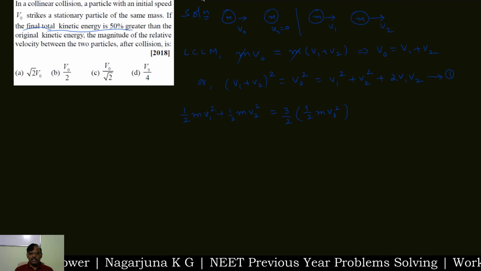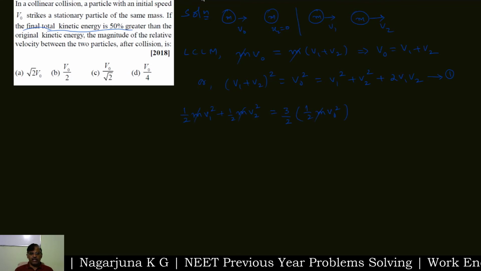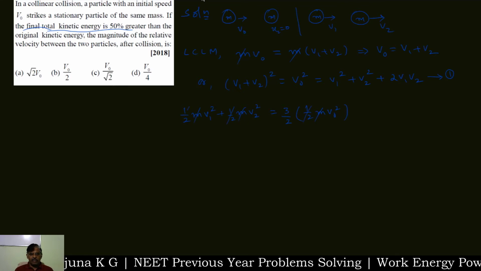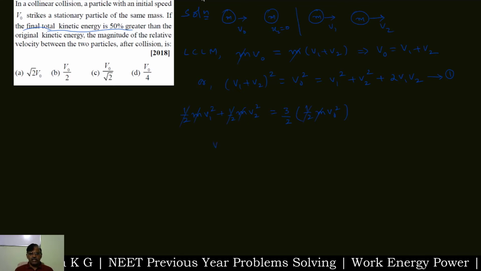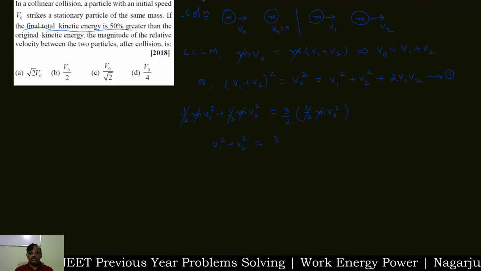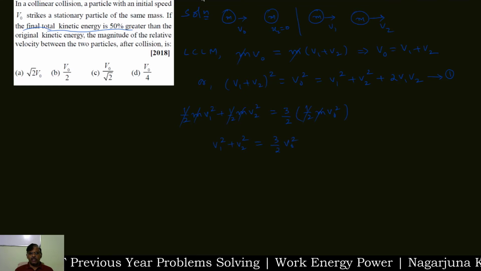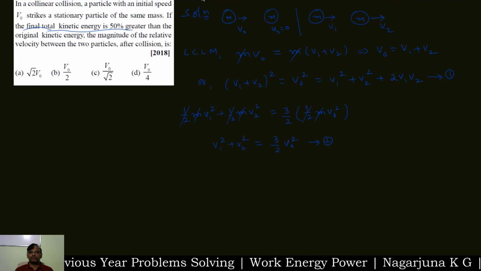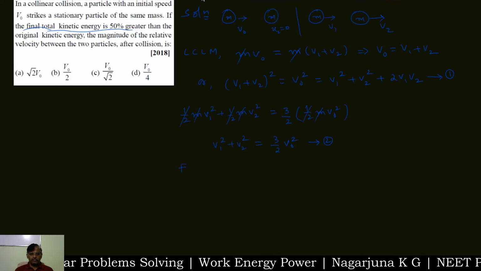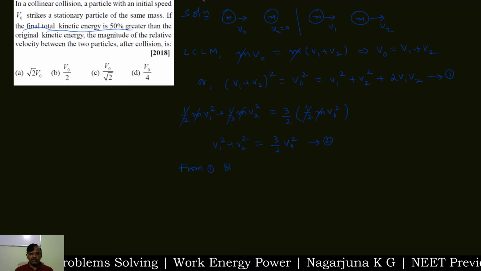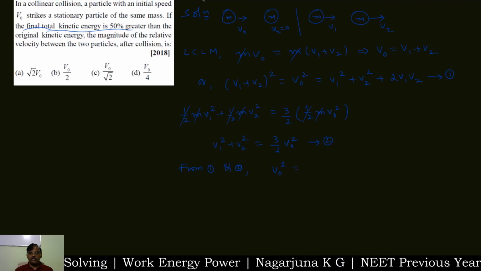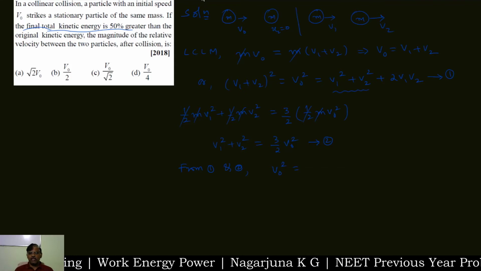So here on both sides m cancels in all the terms, and 1 by 2 also we can take common on left side, 1 by 2 cancels. So remaining terms, v1 square plus v2 square is equal to 3 by 2 v0 square. Let us take it as equation 2. Now from equations 1 and 2, we can write v0 square is equal to, in place of v1 square plus v2 square,